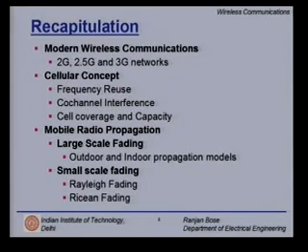In the last few lectures, we have been looking at mobile radio propagation, where specifically we looked at large scale fading and small scale fading. Under the domain of large scale fading, we specifically looked at outdoor and indoor propagation models. For small scale fading, we discovered that the Rayleigh fading model fitted well when there is no line of sight, whereas the Rician fading model worked when there exists a line of sight.